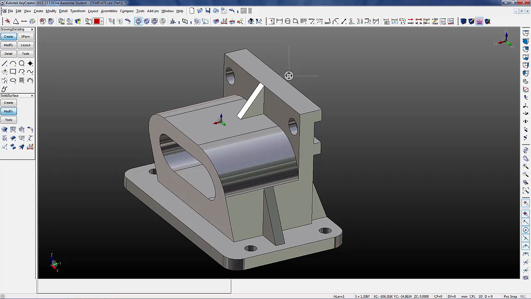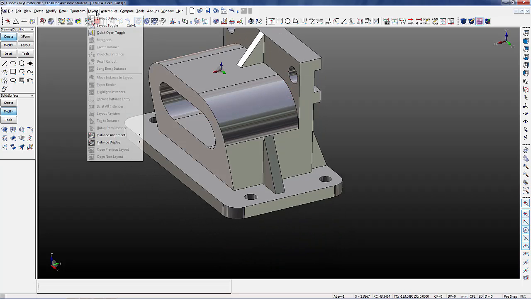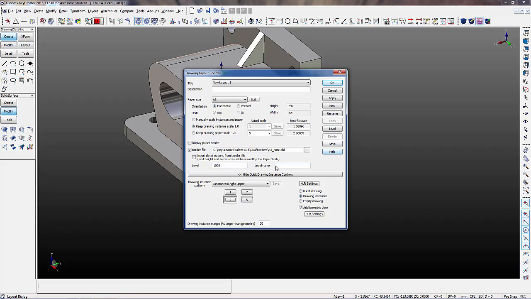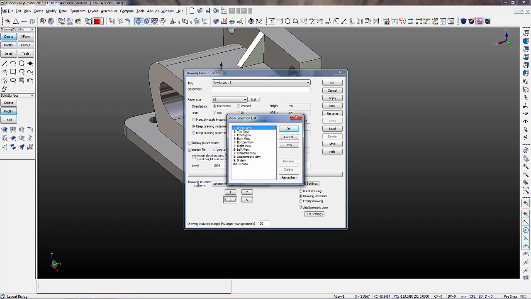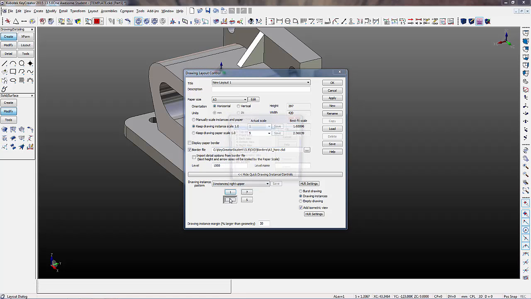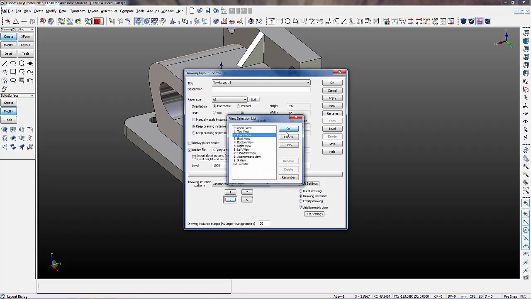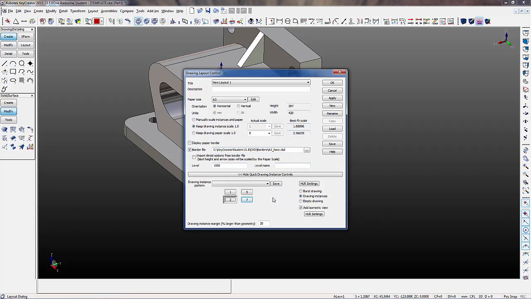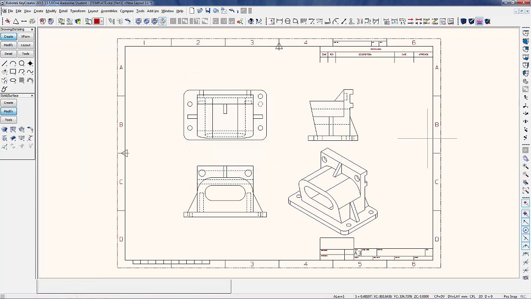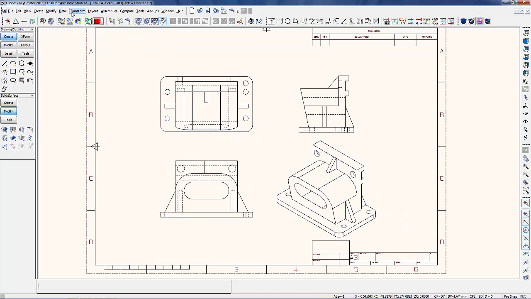Okay, we're going to jump now into layout. I'm going to show you some options here. So we can set up paper size, border file, and some views. So let's start with number 1. It's going to be top view. Okay, that one I'm going to set up to a right view and isometric here. Okay, let's grab the scale here. There it is, I have a 2D drawing again,